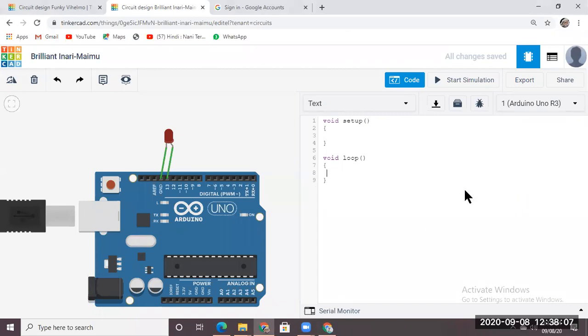To write any program in Arduino, what is the syntax? We divide an Arduino program into two parts. The first part comes under setup and the other comes under loop. These two are basically places where we write commands.